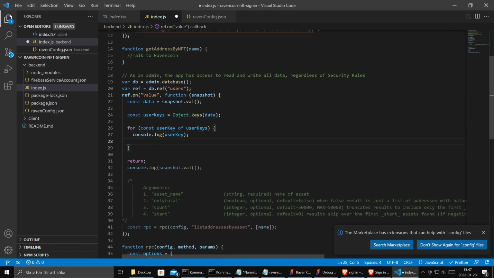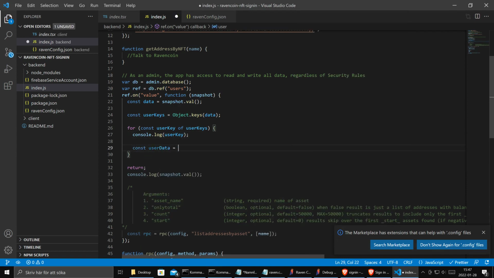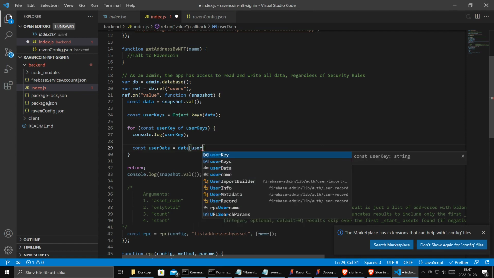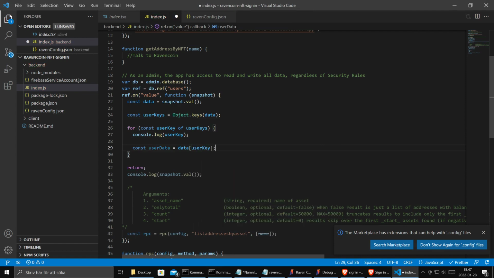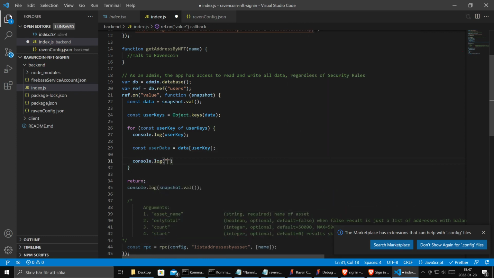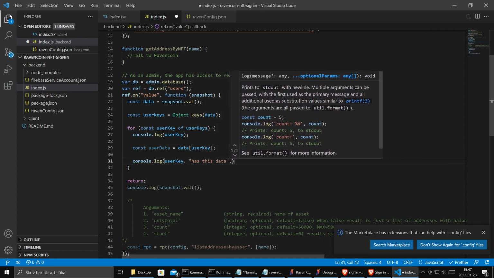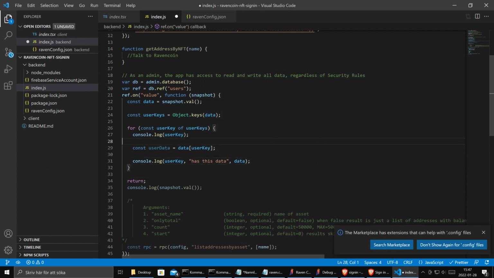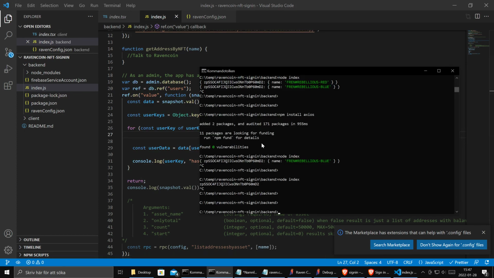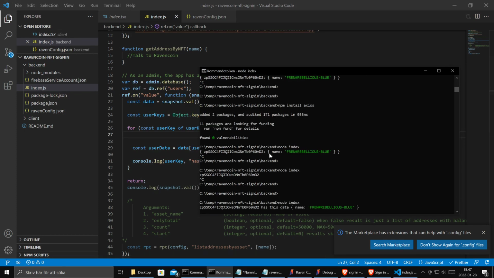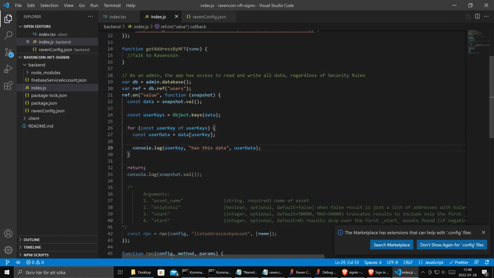And now we say const user data equals data, and we get it by user key. So then we can say user key has this data. Okay, and remove that console log. Nice. So the name here is that. So when this is done, for each of these,